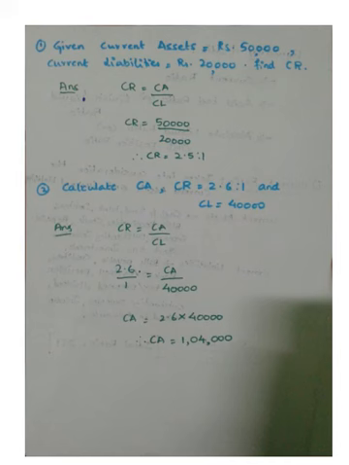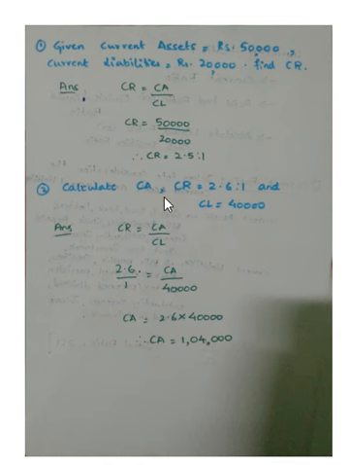So moving on to the first question. Given current asset is rupees 50,000, current liability is rupees 20,000, find current ratio. So the formula to calculate is current ratio is equal to current assets divided by current liabilities. So your current asset, how much have they given? 50,000. Your current liability is 20,000. So your current ratio is equal to 2.5:1. So when you divide it, you get 2.5:1. So for every one liability, you have 2.5 of current asset.